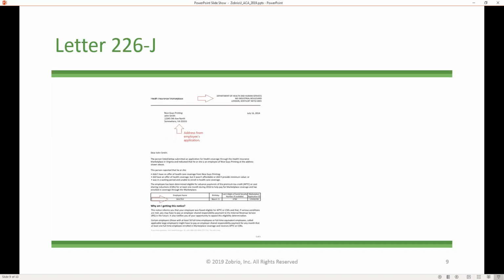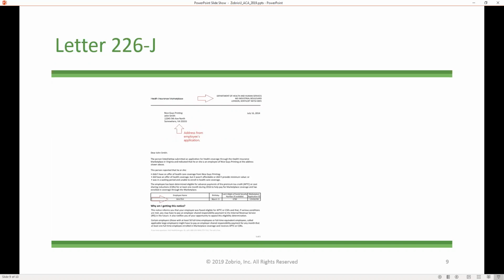And because of this letter, you can start working on it. You can call them and say, this is a huge mistake. You can call them or mail the documents that they're asking for. You have 90 days, typically. You don't want to lose time. You want to know about this letter as soon as it is